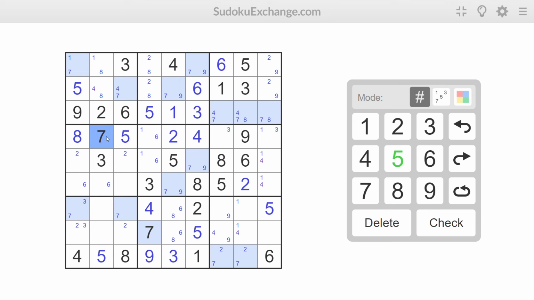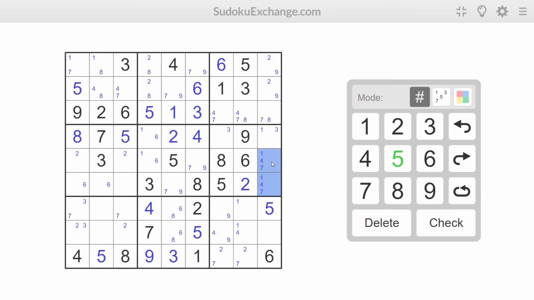This 7 here, this 7 here, make sure these two cannot have a 7. So we can put in 2 7s here, which I think, yes, these two cells in this box are